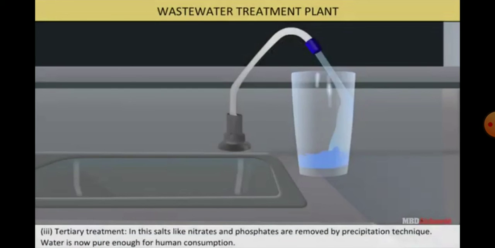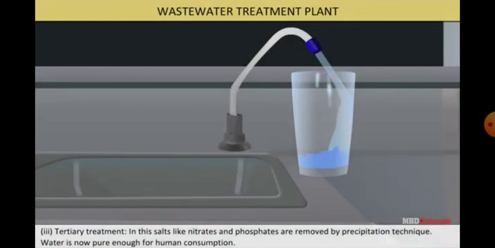I am telling you now the uses of treated water. The treated water which is obtained from a sewage treatment plant is finally released into streams and water bodies. In some cases, treated water is also used for irrigating fields. And what is the use of sludge? Sludge consists of human excreta and other organic material, so it is used as manure to enrich the soil with humus and nutrients. We can also produce biogas, which is used as a fuel, and biogas can also be used to generate electricity.